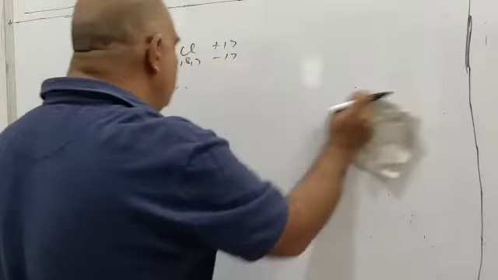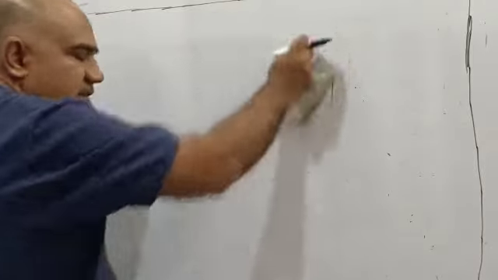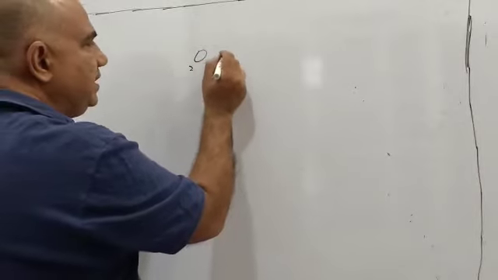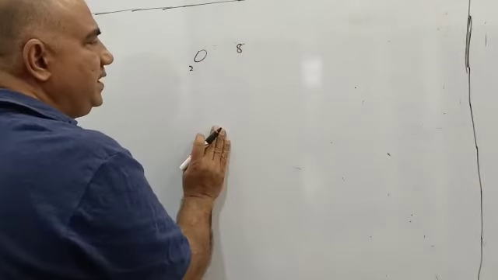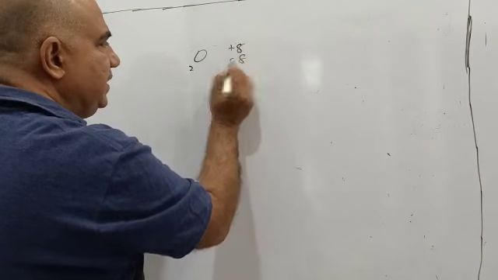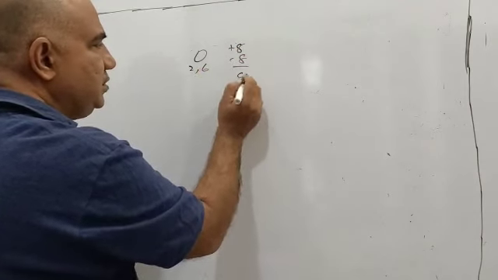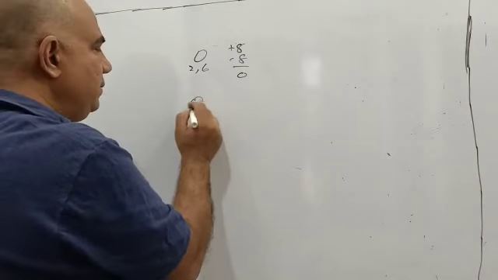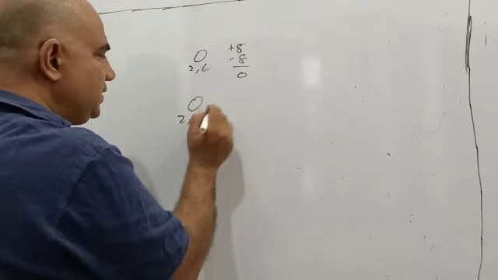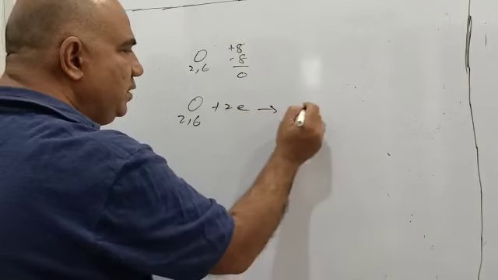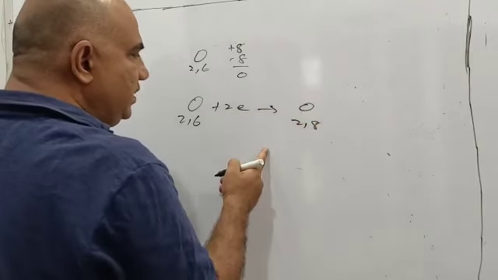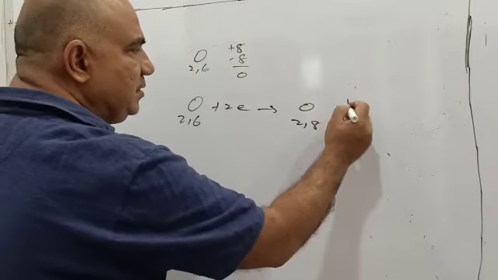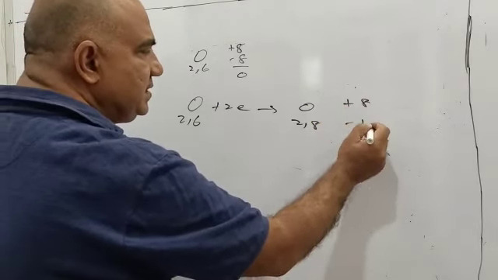Another one that we can see is that of oxygen. See, oxygen has atomic number 8, plus 8, minus 8, 2 and 6, overall charge 0. This cannot lose 6, it will gain 2. On gaining 2, it will become 6 plus 2 electrons. So this will become O, 2 and 8. Now this will have plus 8, minus 10.